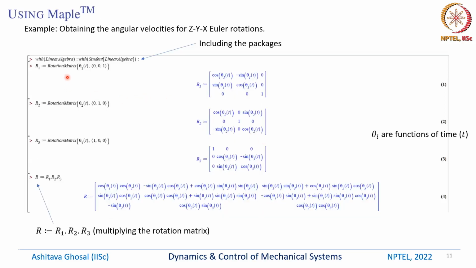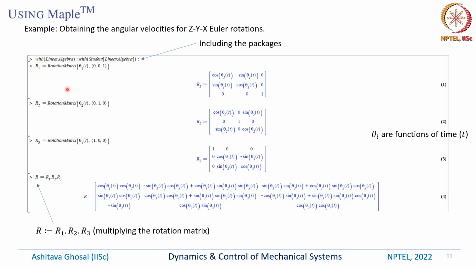So let's use Maple to obtain the angular velocities for z, y, x Euler angles. This is one of the examples which I thought if you go through it, then you can see what exactly we need to do. The first thing is, in this prompt we say with(LinearAlgebra), with(Student[LinearAlgebra]). This is including the packages LinearAlgebra and Student LinearAlgebra. One thing you can see is I have written R1 := RotationMatrix(theta1, <0,